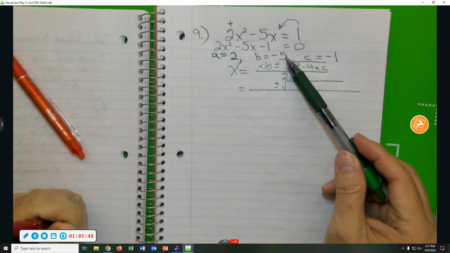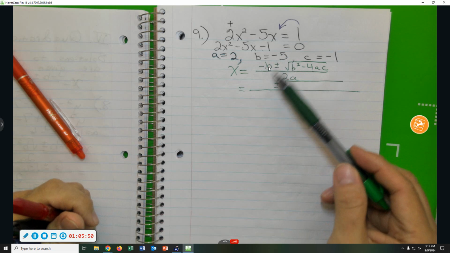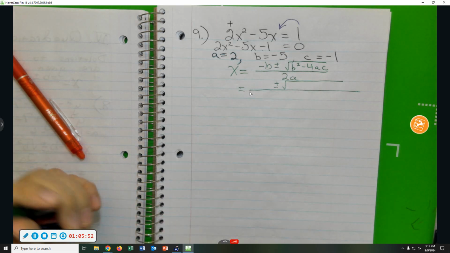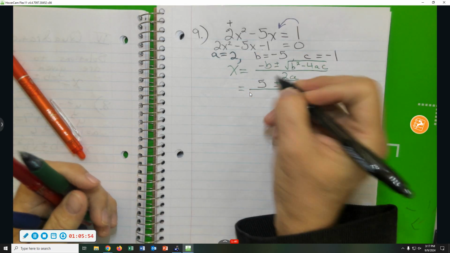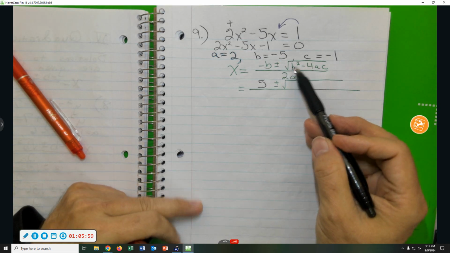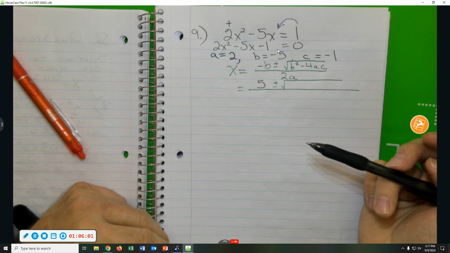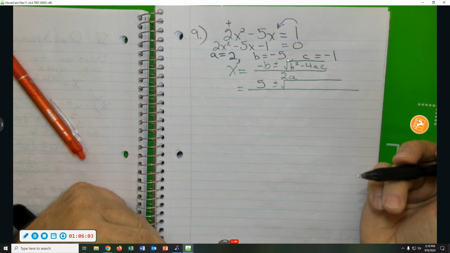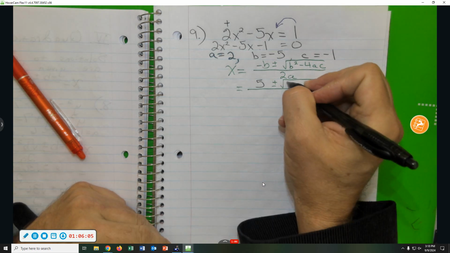The opposite of negative 5. What am I going to write right there? I heard it. 5. The opposite of negative 5 is a positive 5. What about b squared? Negative 5 times negative 5, that's going to give me a 25